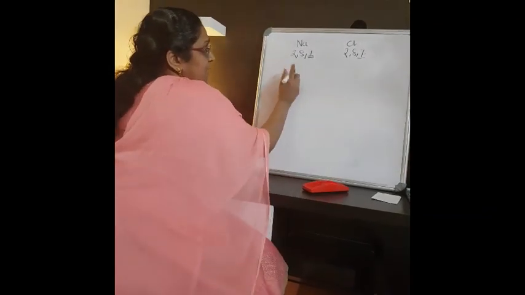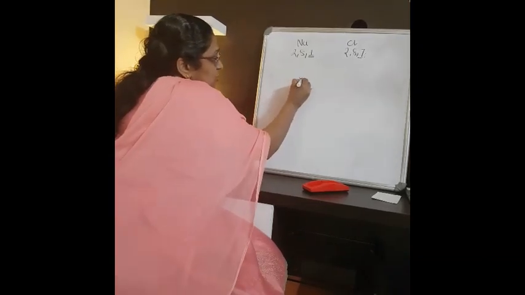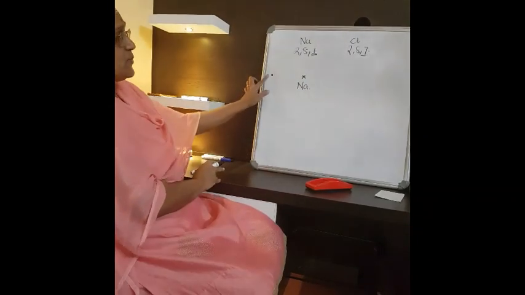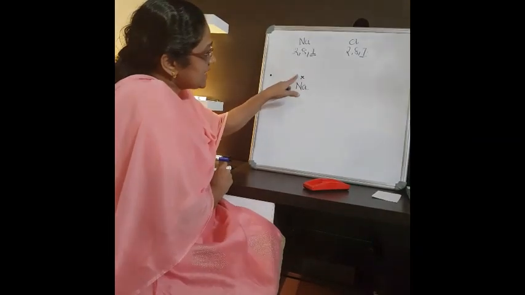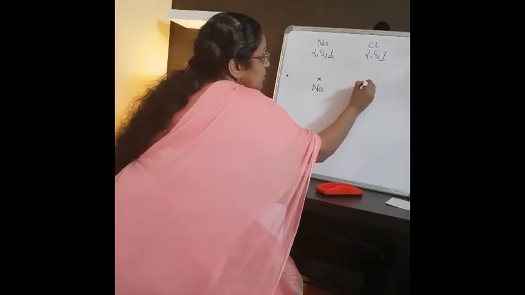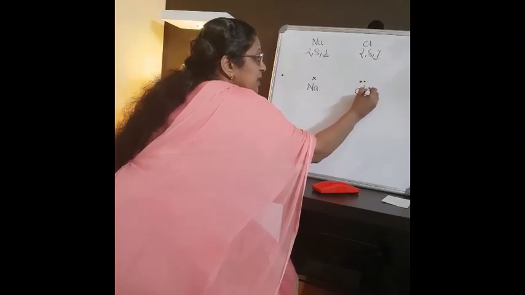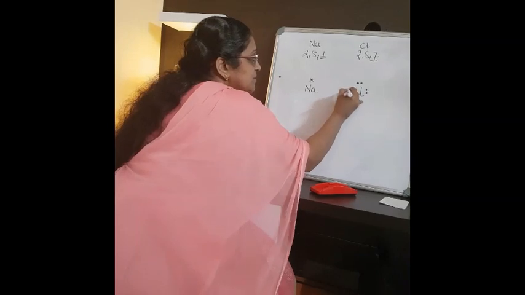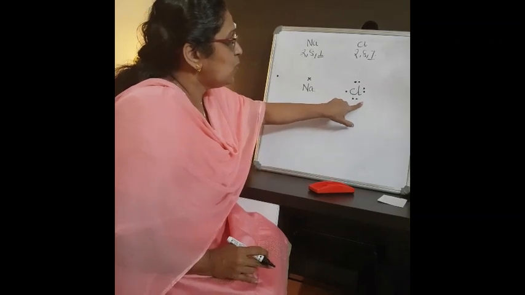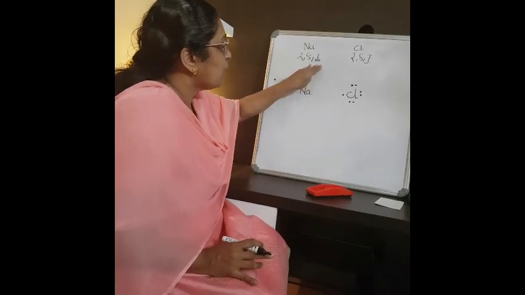Okay. So listen carefully. I am drawing this sodium. You write it as Na. And you just have 1 electron. You just represent it by a star. Or you can represent it by a dot. These two symbols will do. Okay. Now Na is having 1 electron. Now see what about chlorine? Chlorine 7. Okay. So, either you can represent it as star or I will represent it as dot. Just to recognize it as chlorine and sodium. See? This is 1 electron, the valence. This is 7 electrons, the valence. Don't draw this 2, 8 and 2, 8 in this. You will get confused. So, please only draw the valence electrons.